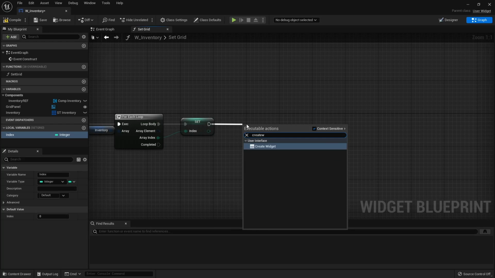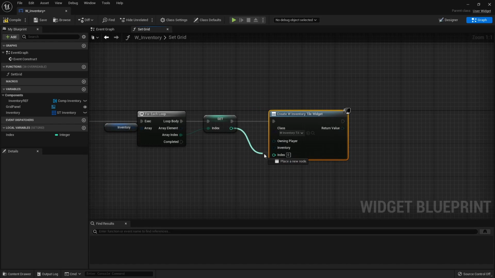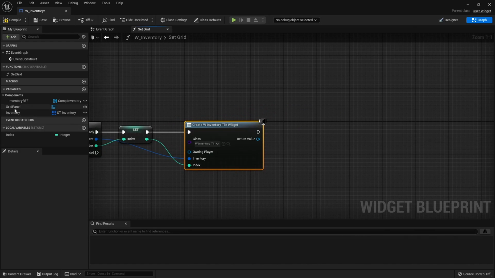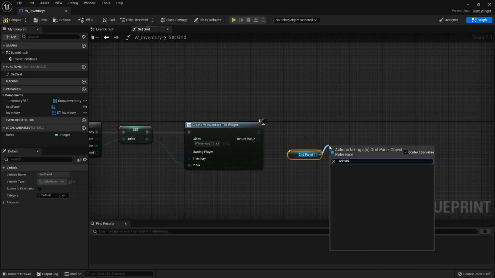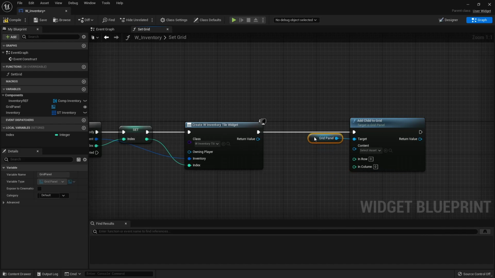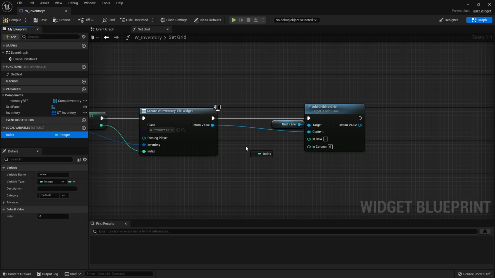Search for create widget, and this will be our tile widget. We're going to connect the index to the index and our inventory to the array element. We're going to get our grid panel, add child to grid. The content will be the return value of the widget node. We're going to get our index,